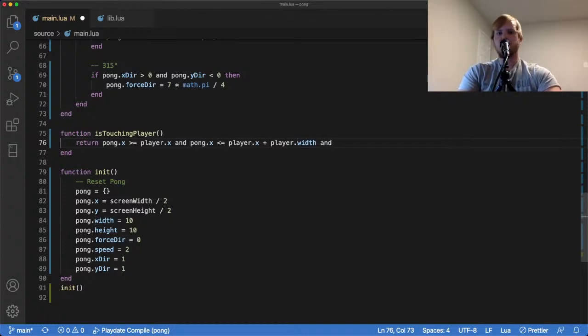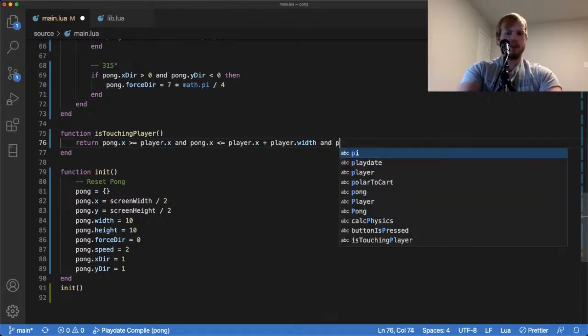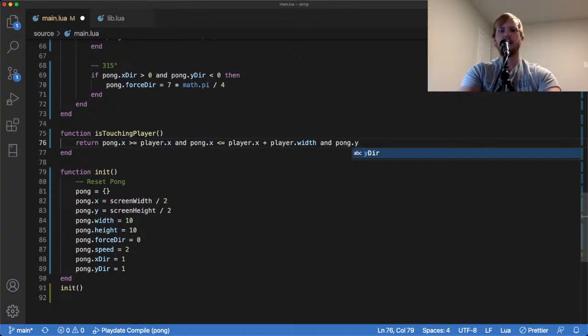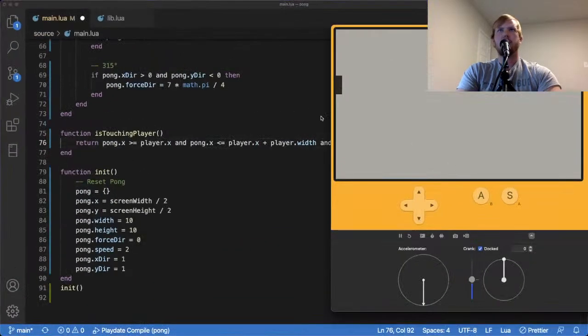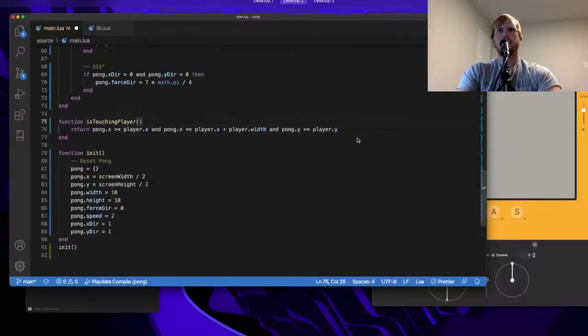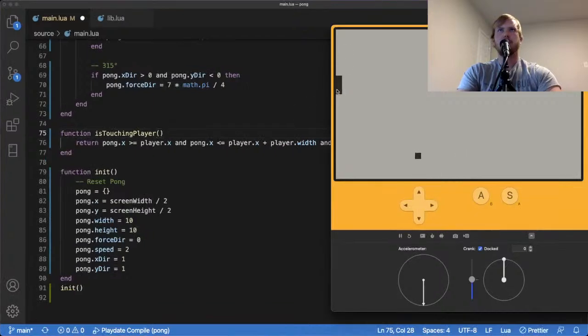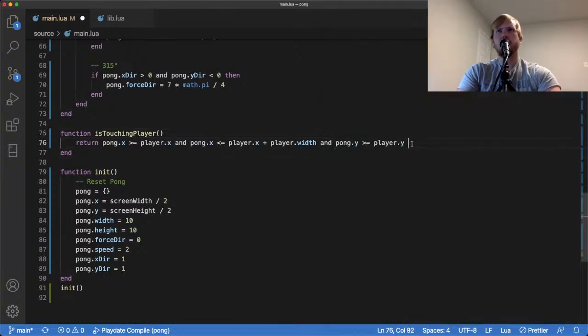So we're going to say, and if Pong dot Y is greater than or equal to player dot Y. So again, that's going to be the same thing. If it's greater than the player dot Y, the top left corner, it just means that it's not going to be above over here. It's going to be down in this region down here. So if it's greater than the player's Y, and if it is